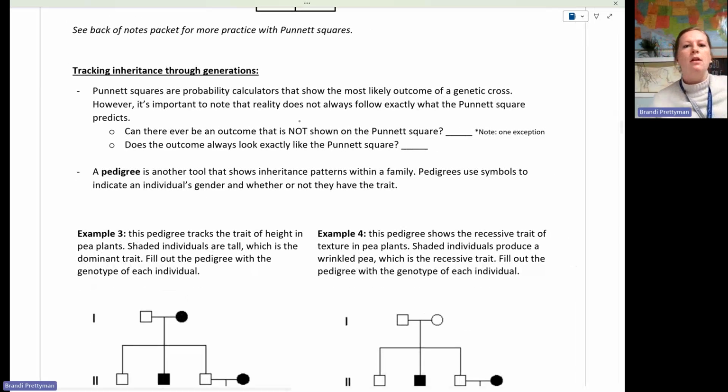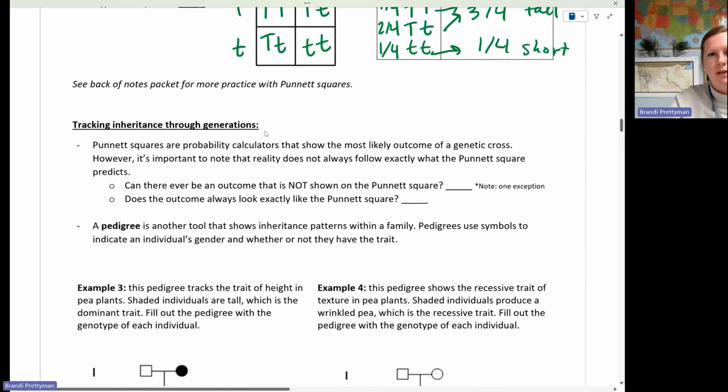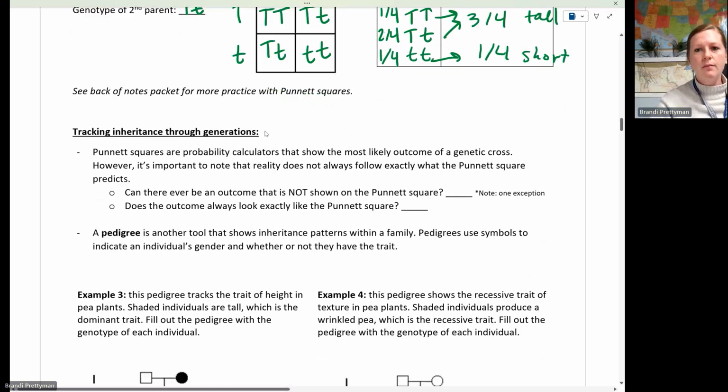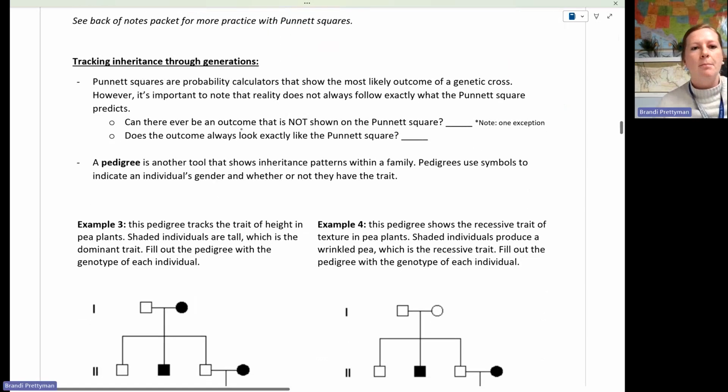So first, we got to go back and hit this idea of Punnett squares really quick. Yesterday we learned about Punnett squares. We learned how it's the random sorting of gametes and then all the possible combinations of those gametes. You figure out the genotype, then you figure out the phenotype and the probability of what could be in the offspring. The important thing to note is that Punnett squares are probability calculators that show the most likely outcome of